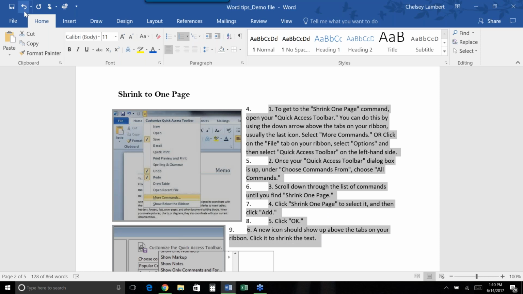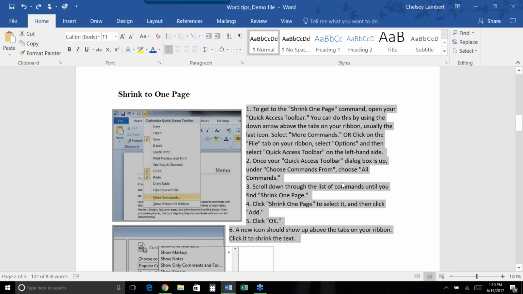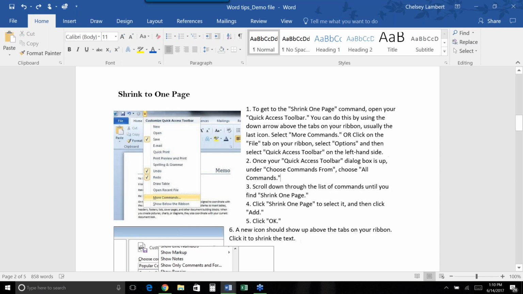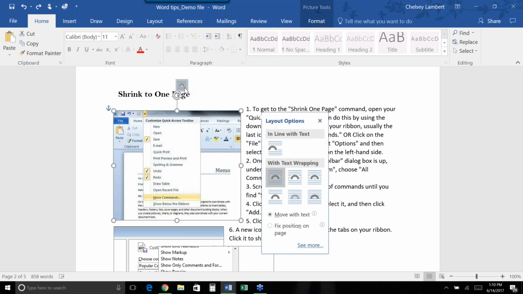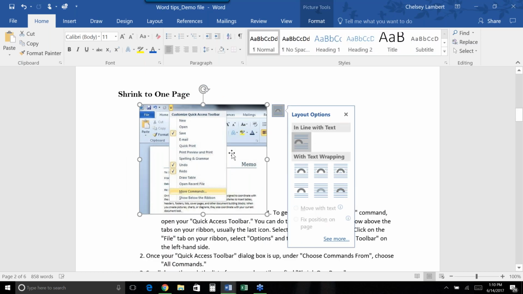And if that happens to you, you can also just say undo. And the reason that's occurring is because these pictures are here. So I'm going to actually show you how to correct that layout. And what we're going to do is we're going to actually say in line with text,